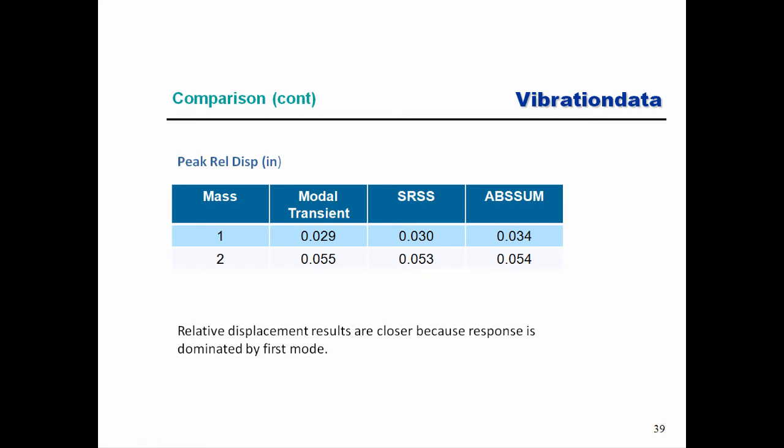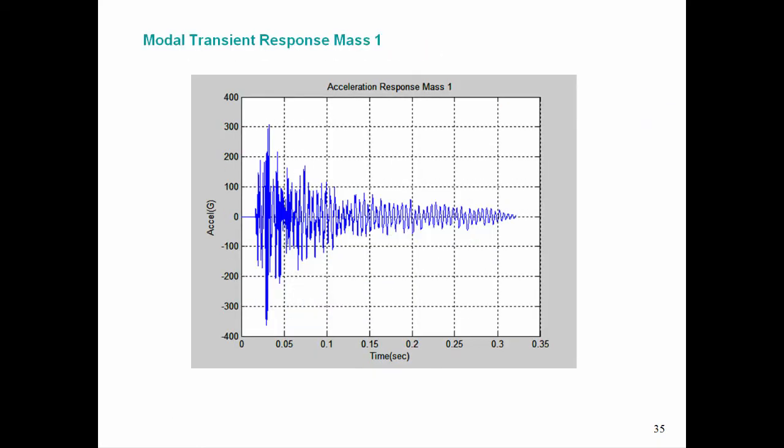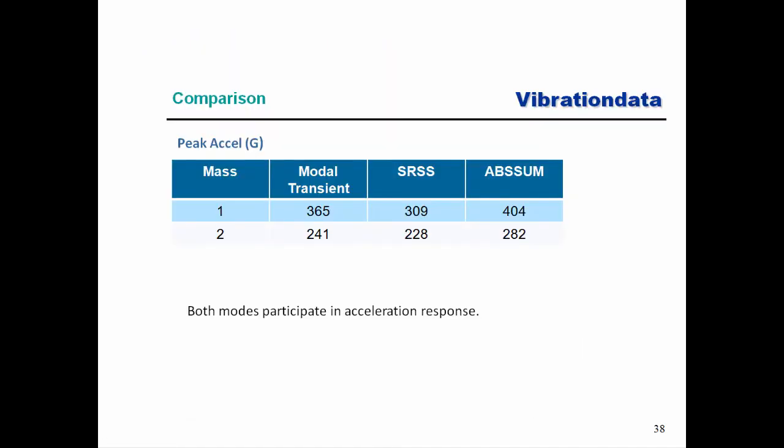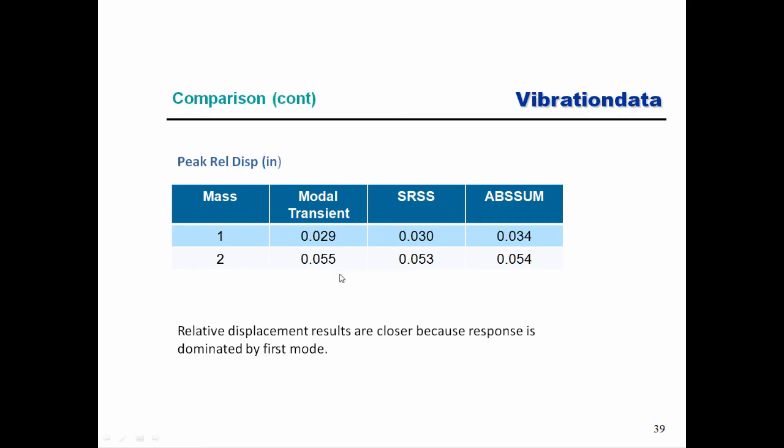And I'm not going to really worry about that. It could just be some numerical thing going on, or we need to realize that the synthesized SRS was not exact. There was some variance there about the nominal line. In fact, if we go back and see how well we did at 200 hertz and 800 hertz. Well, at 200 hertz, those 2 curves are pretty close to nominal, but not exactly equal to. And then at 700 hertz here, it looks like both positive and negative were slightly higher. So who knows? It could just be some imperfection in our synthesis, or some significant digit thing, or some numerical thing of some sort. And I'm just not going to worry about that, because